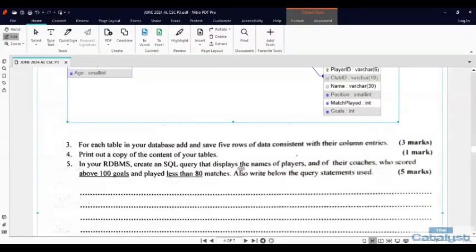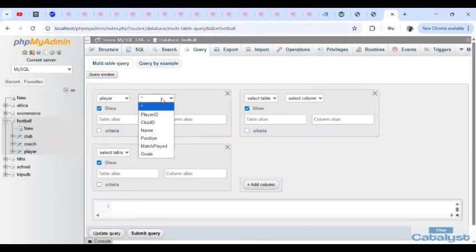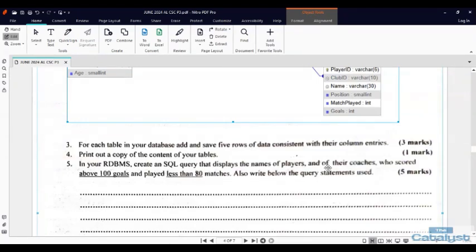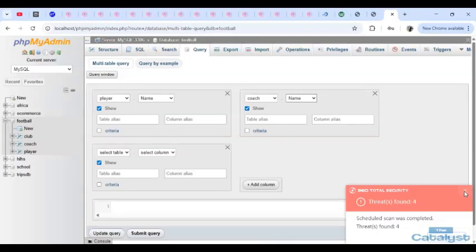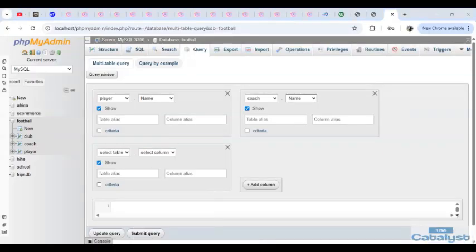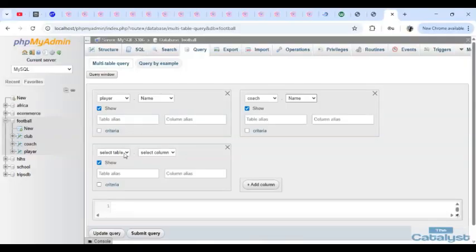The name of the attribute to display is the names of players. So I'll go here, player, I will choose name first. Secondly, what do I need? The name of their coaches. So I'll go to coach, name, okay, name of the coach. Then who scored above 400 goals. Okay, so it means goals are also important. So I'll go to player